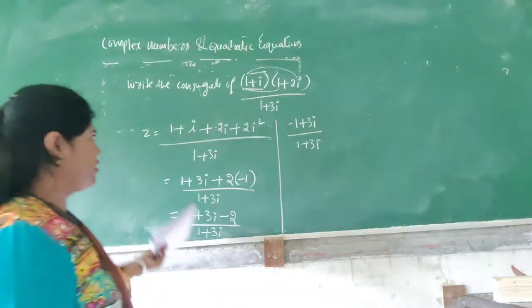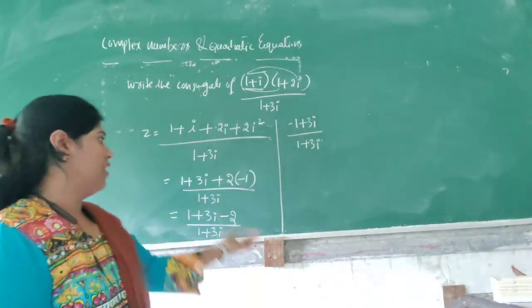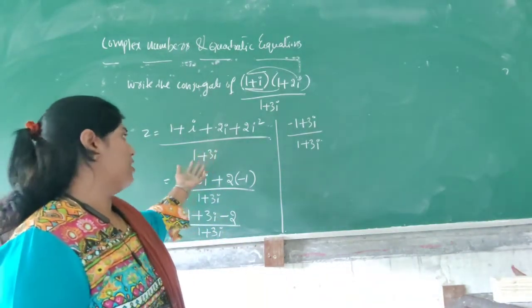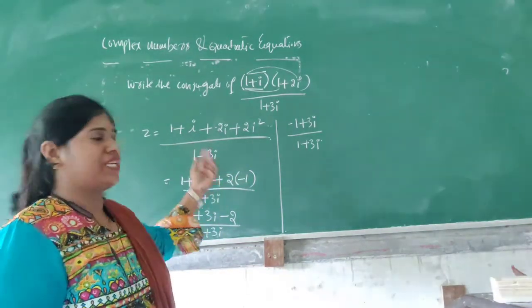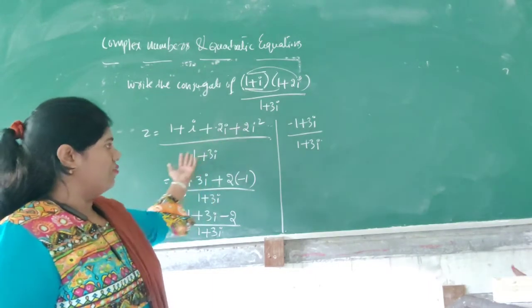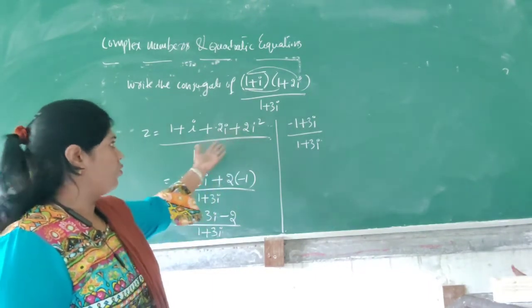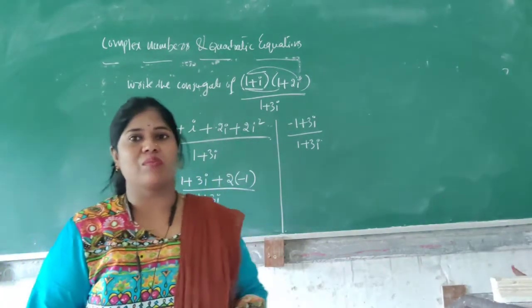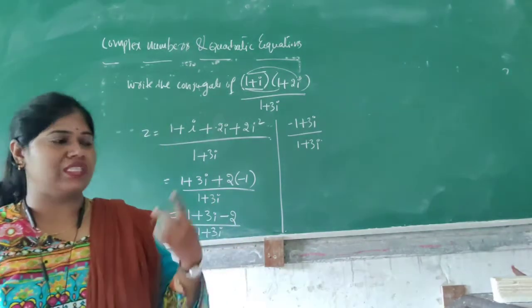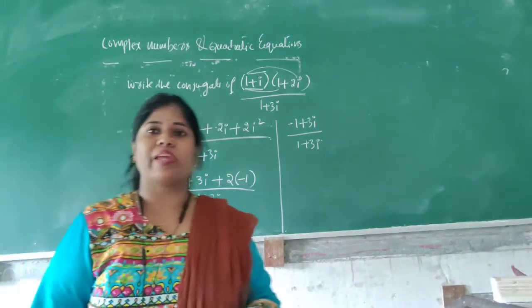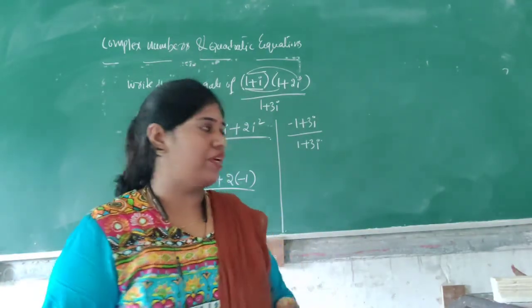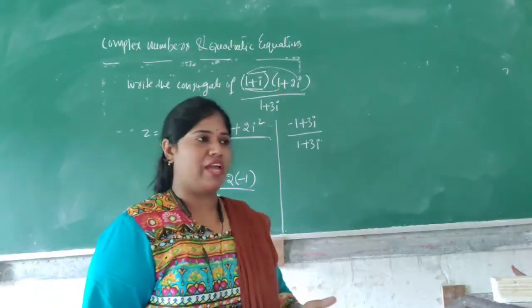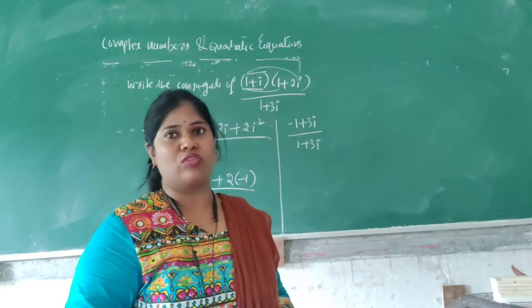Students, you can just go through it, okay? I have not skipped any steps over here. You just read it and go through this one. The integral powers of i you should go through. That is, i value is equals to square root of minus 1, and i square is equals to minus 1. If you know i square value, it is very easy to find out the other values.